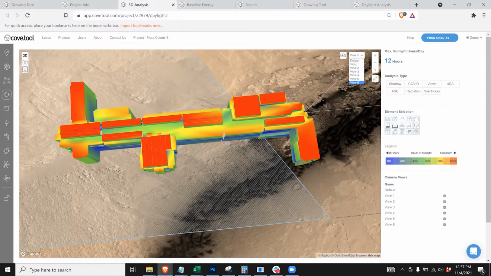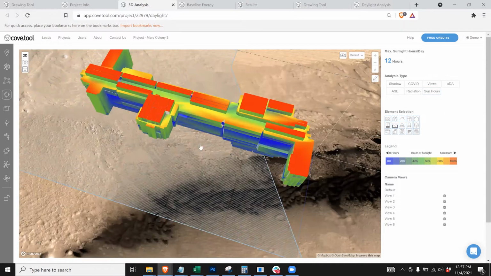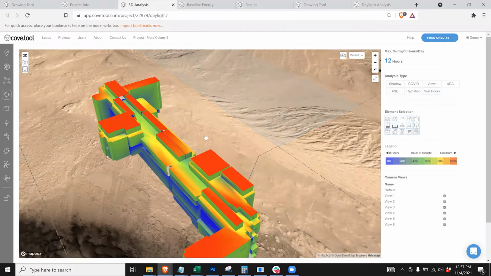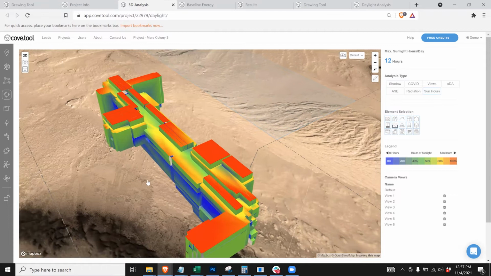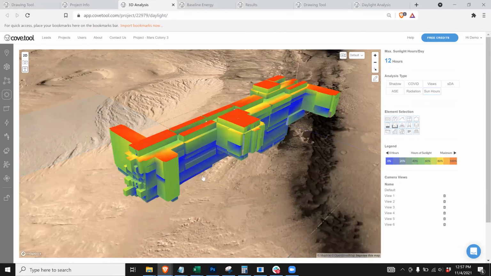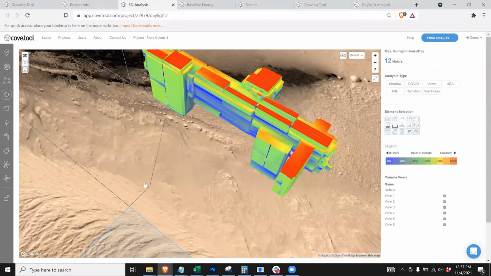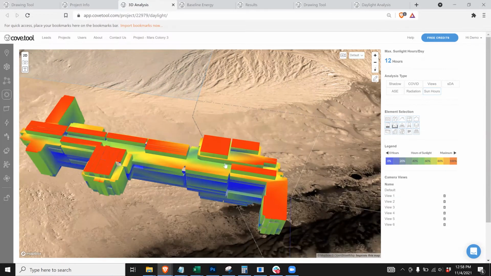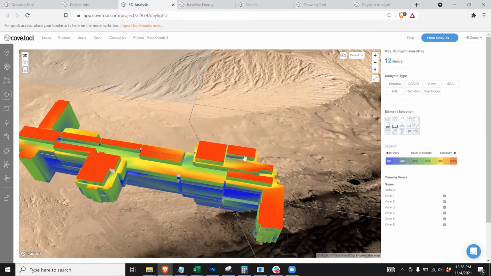So we can actually see here a really interesting model. If we were on Earth, we'd see property information, but we can actually fly around this model. We'll look at it. It's been located on the equator in Mars. And so we're using a sky dome that's been adjusted to the correct 60% reduction in energy use, and daylight and things like that. And then we're also using a weather file that's from the Arctic Circle, because the Arctic Circle on Earth is similar to